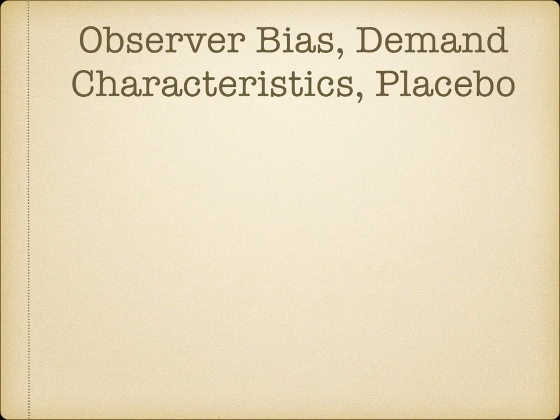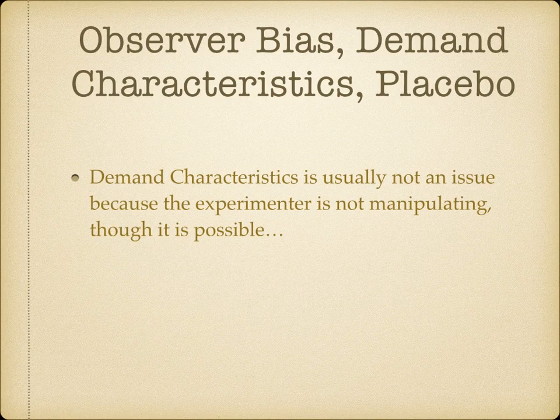Observer bias, demand characteristics, and placebos are all possibilities. Now, demand characteristics is usually not much of an issue because the experimenter's not doing any manipulating, though it is possible. That is to say that the experimenter, if they have a personal interaction with the persons involved in the study, could ask questions in a manner or style that elicits responses of one type or another based upon the experimenter's awareness of the condition that the person is in. And so it can be very important to have the experimenter either be blind to what's going on or